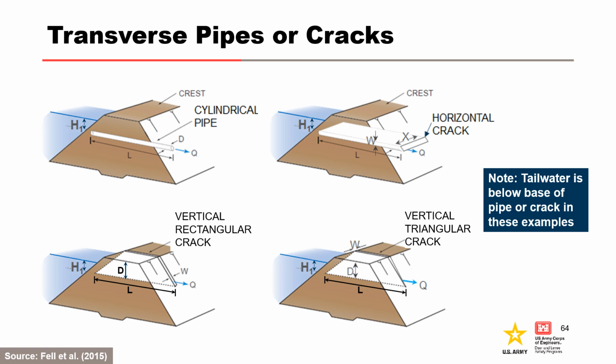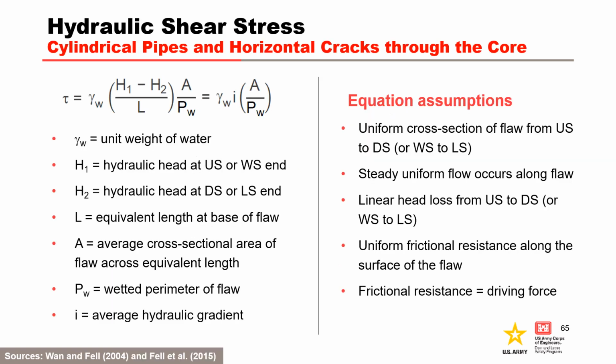These figures provide examples of transverse flaws, pipes or cracks, for which the hydraulic shear stress will be estimated. The geometries include a cylindrical pipe, a horizontal crack, a vertical rectangular crack, and a vertical tapered crack. The equation for estimating the hydraulic shear stress in cylindrical pipes and horizontal cracks through the core is shown on